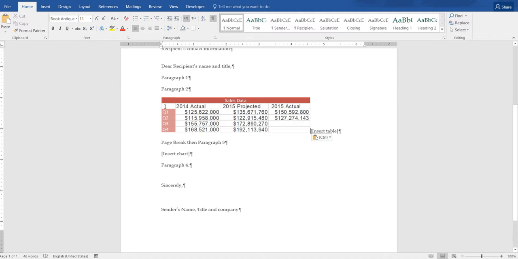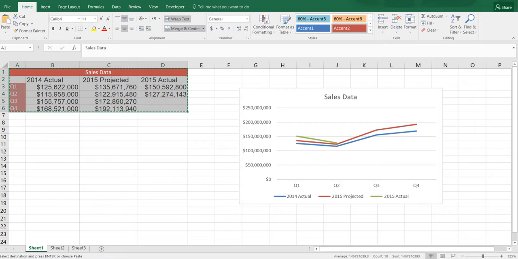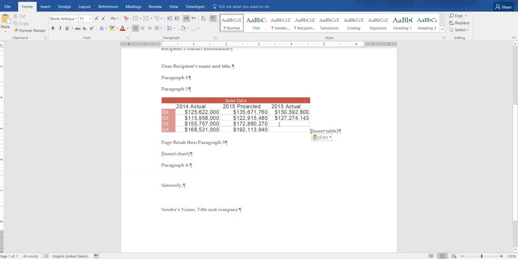Takes a minute. Now you see that it looks just like it does in Excel. Has the lines, the colors, and everything. So that's what I expect. If I don't see that, then I'm going to count it off. And then, of course, you can get rid of that little insert table thing there. You don't need that. Then we need to do a page break after